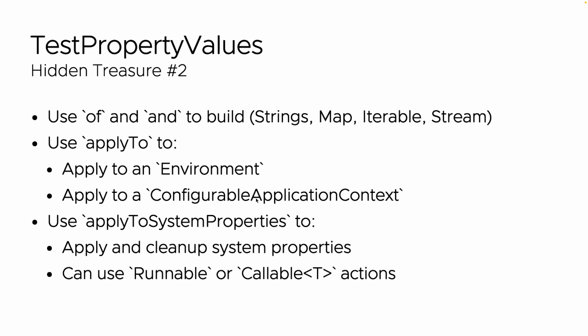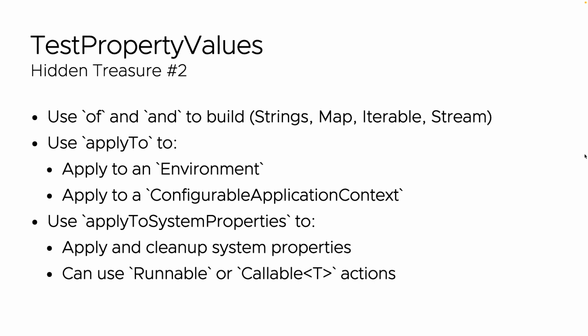And hidden treasure 2 that we saw was the TestPropertyValues class. I should say both of these are in Spring Boot's codebase. They're in the Spring Boot test module. TestPropertyValues allows you to quickly build up test property values, and then you can apply them to certain things. So you can say, I have a bunch of values, and I want to apply them to, for